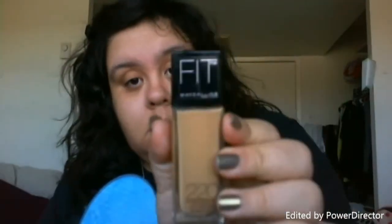Yeah, so I'm just putting this in my T-zone area because that's where my pores are the largest. You just want to spread that out. Now I'm taking